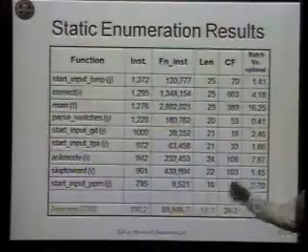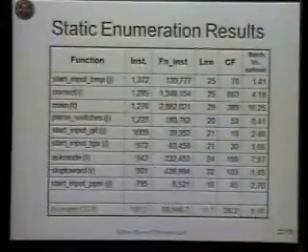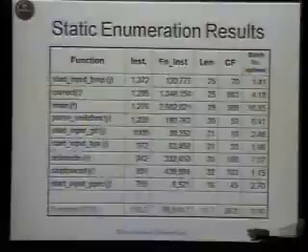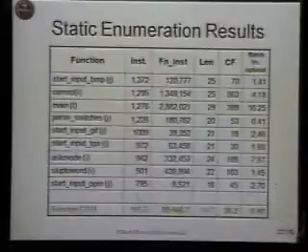The next column gives the length, which is essentially the depth in the DAG, the length of the largest active sequence of optimization phases for that function. The next column is important as I'll be using it for a further study. It is the number of distinct control flows for each function. I will describe it in more detail when I describe that part of my talk.